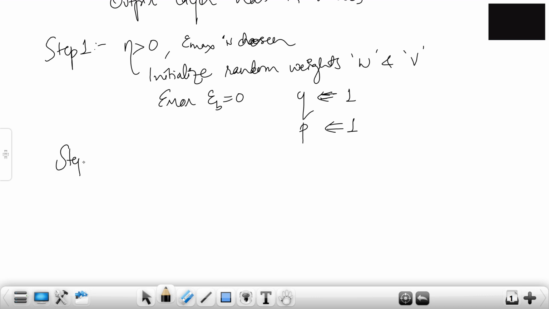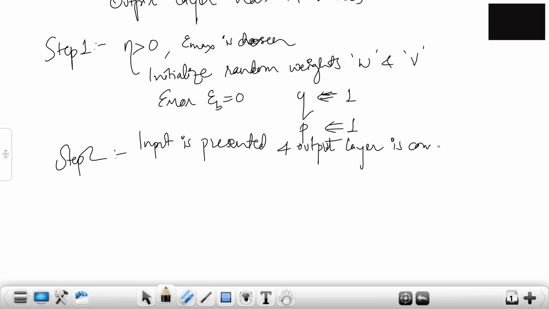Now, step 2: input is presented and output layer is computed. So we'll calculate these values now. Calculate Yj equals f of Vj transpose z.